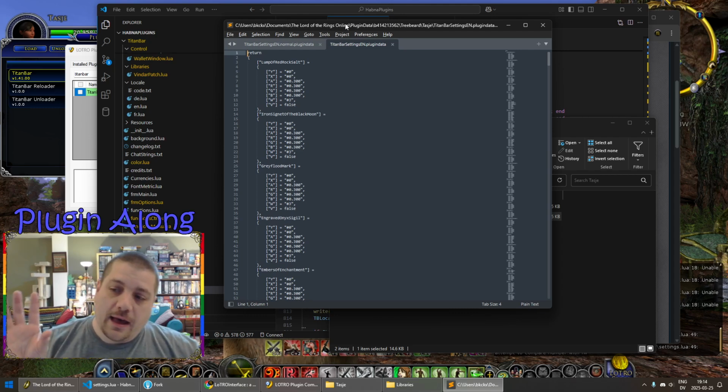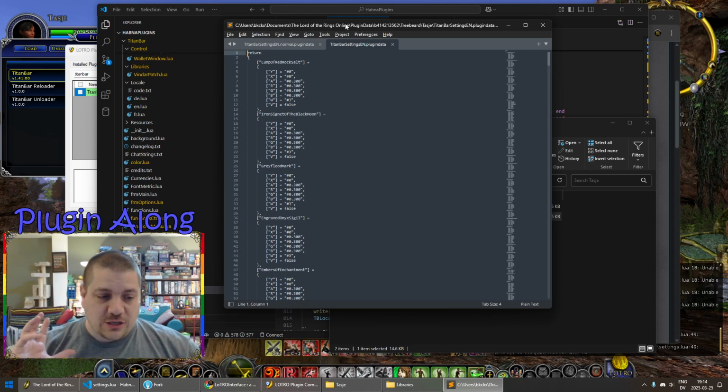So, VindarPatch. The first thing we can see is that it looks like it is mangling things up just enough. What we can see is the effect that the VindarPatch is mangling things up a little bit